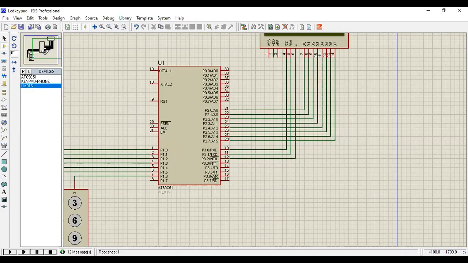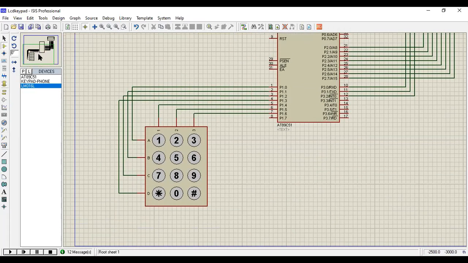And coming to the keypad, whatever we initialized in the programming, these 4 pins are connected to port 1.0 to 1.3, and these 1 to 3 are connected to port 1.4 to 1.6.